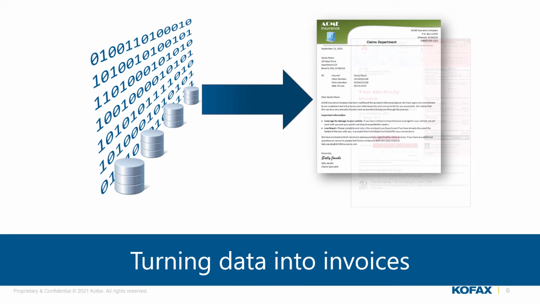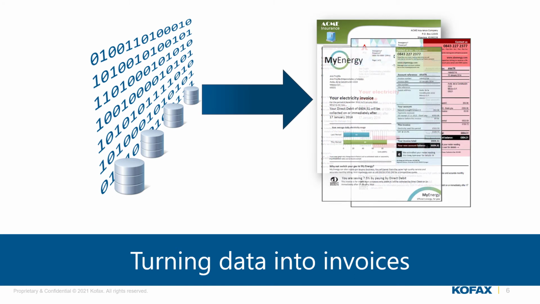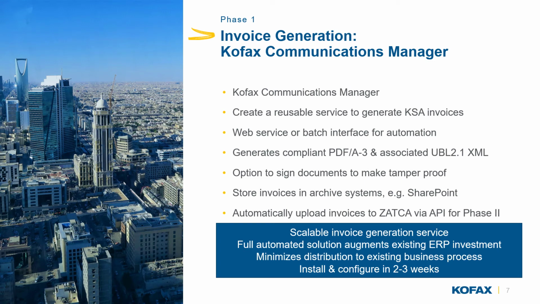The thing that needs to happen is that we need to be able to turn data into these invoices, and we have a great solution for that called Kofax Communication Manager that has been around for over 25 years and is still being actively developed. It will be able to generate invoices coming from any system that you might have, any ERP system. You will also be able to make fully compliant PDF A3 with the UBL XML, make sure that that's all embedded, get the QR code on there, and make sure that you are compliant with these new rules and regulations.